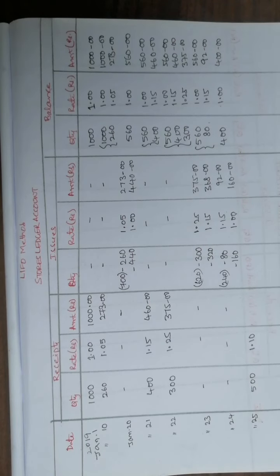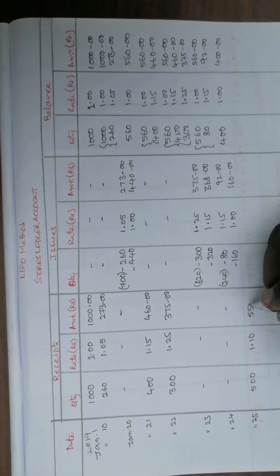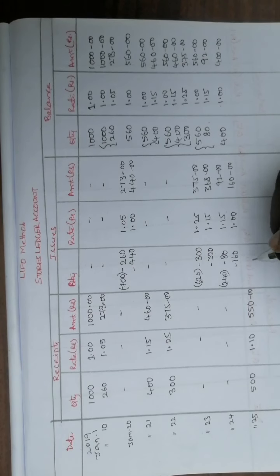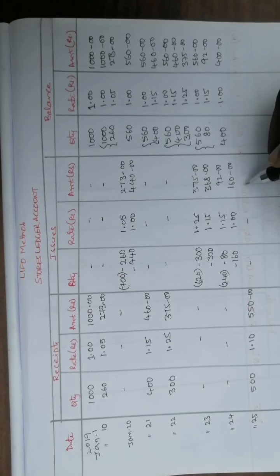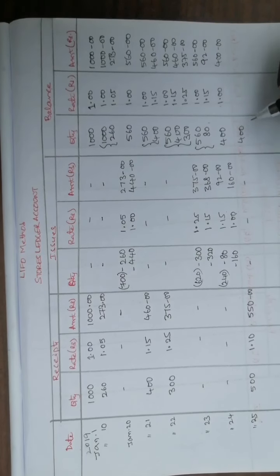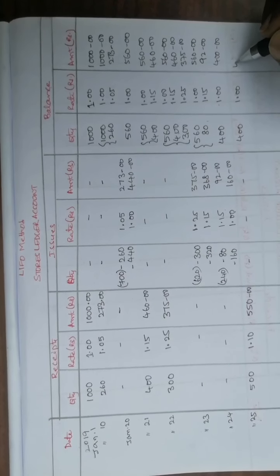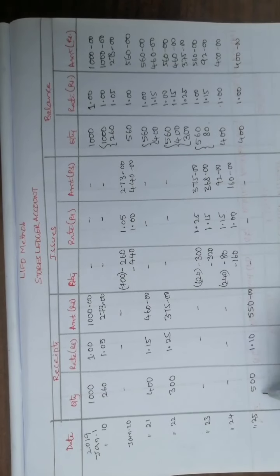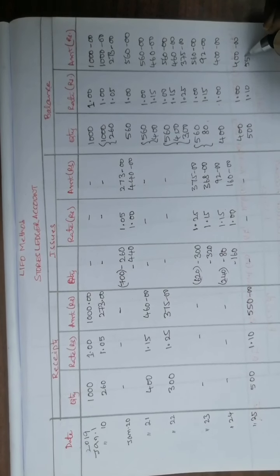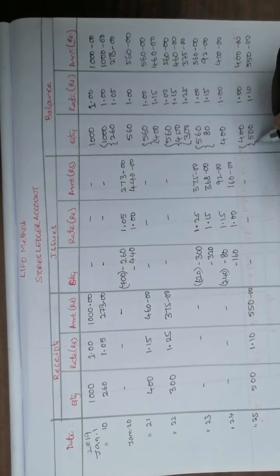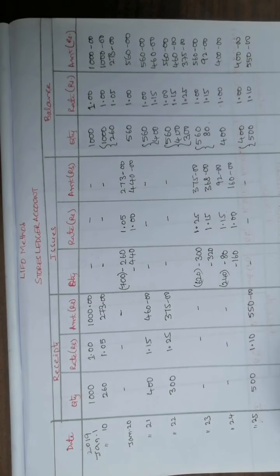So far different receipts are there. Here we again have a receipt on 25th at the rate of 1 rupee 10 paisa, which means 550 rupees is the total amount for the 500 units quantity. On this day there is no issue, but there is already a balance of 400 units at the rate of 1 rupee amounting to 400. Now you have to add to the balance the 500 units just received as purchase at the rate of 1 rupee 10 paisa, whose value is 550 rupees. This is the balance after 25th January.